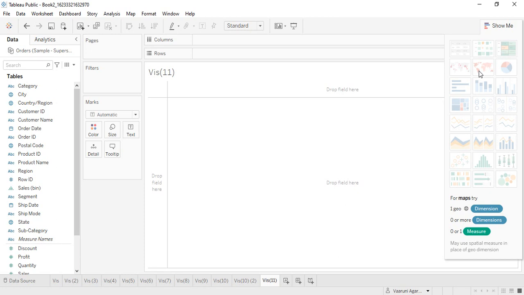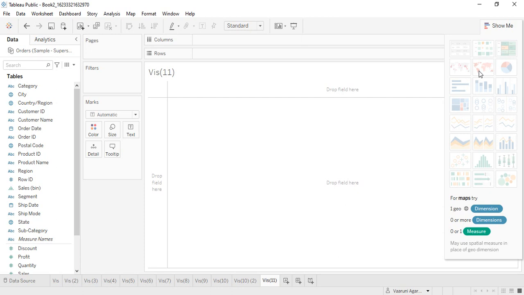Now the question is, what kind of parameters can be treated as a location? Of course, simple text such as apple, ball, cat cannot be treated as locations. So we have specific things which can be treated as locations. These are the latitude and longitude values, which are the most accurate measure for locations. In case you don't have these values in your dataset, you can also take the country names, state names, and city names as the location values.